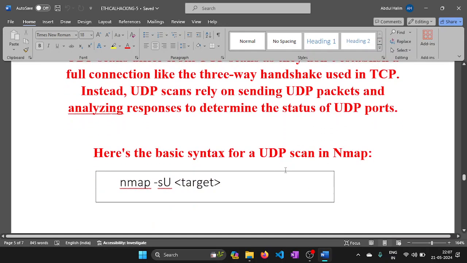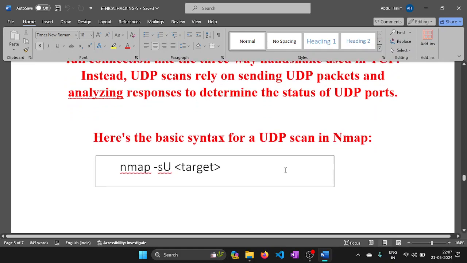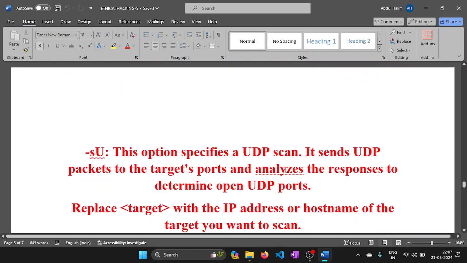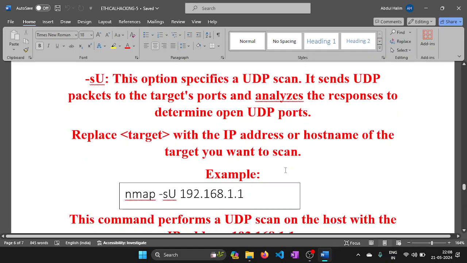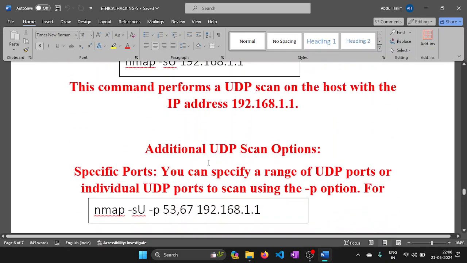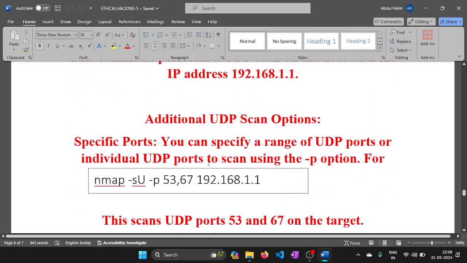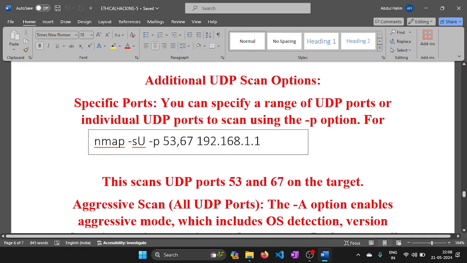So here is the basic syntax. Right? So since it is UDP, I have -sU with a capital U. Now target is there. Now similarly, you can have the IP address for the target. Right? So here your U represents a UDP scan. Right? So here we'll be scanning the respective IP address, and here we'll be scanning the respective individual